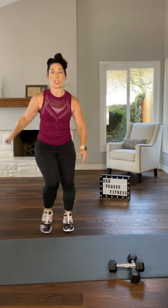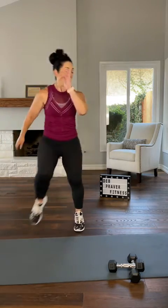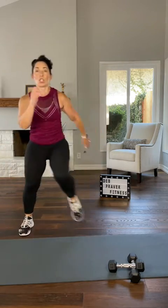Here we go to your left. So it's 3, 2, step back, knee lift. Over, over, back, knee lift. Over, over, over, back, lift. 3, 2, hold, down, up. 3, 2, hold, down, up. 3, 2,